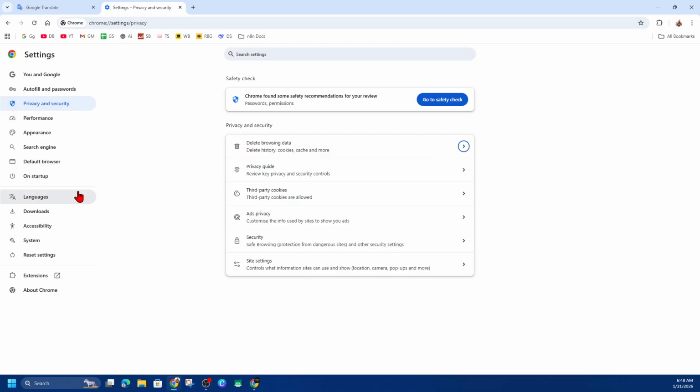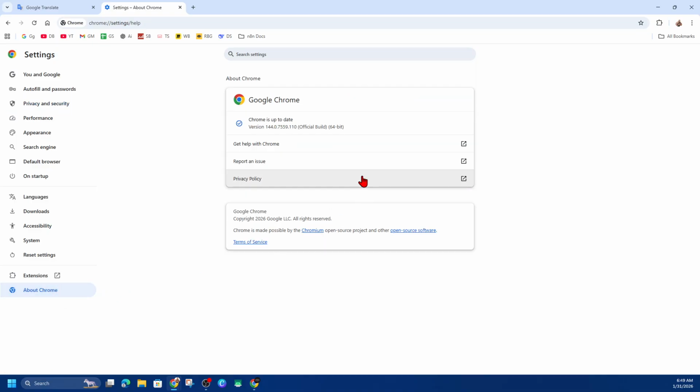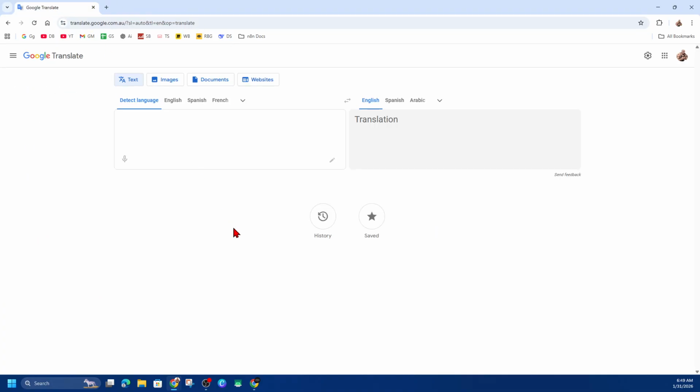Now next fix, what we can try, we are in settings still. We want to go ahead and make sure Google Chrome or your web browser is up to date. So click on About Chrome, and as it states, I am up to date. But if it says update or download and install, go ahead and do that, and then do a hard refresh on Google Translate by clicking on your keyboard Control and F5. That's going to refresh your page, or you can just open up a new tab and see if that fixes